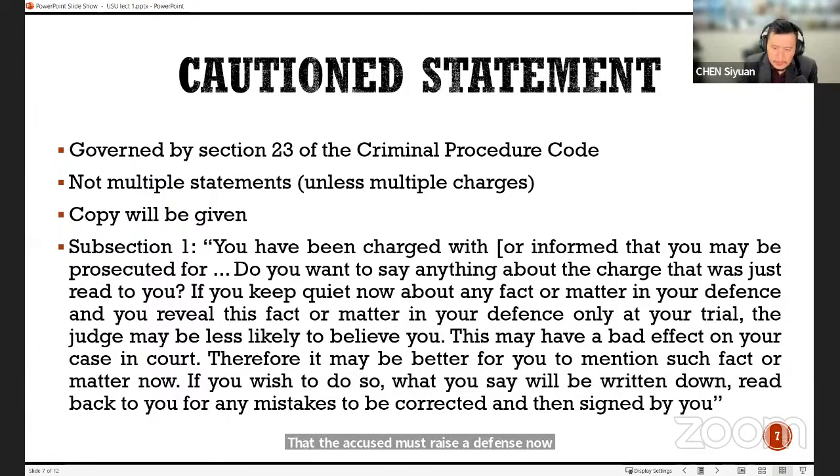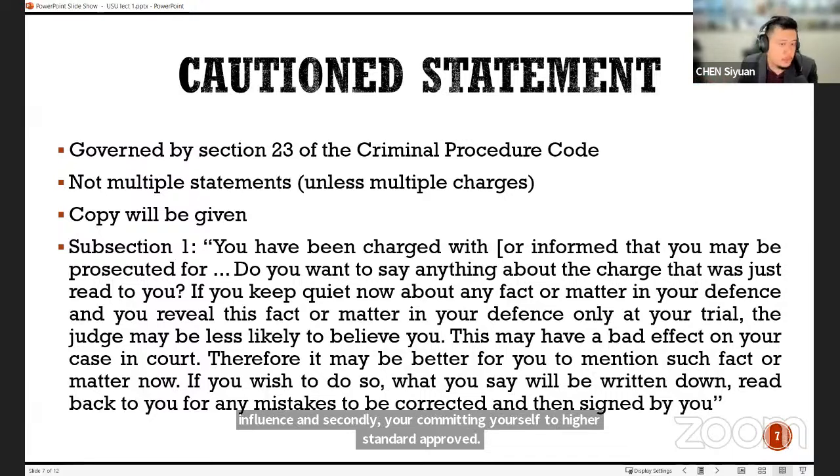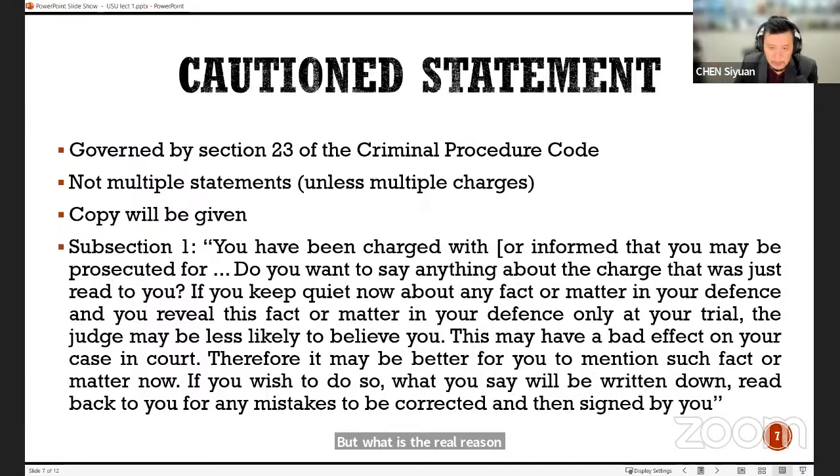So this itself, I think, is not an objectionable idea, right? Because when you have a prosecution, you're using resources of the state to conduct it. Who is the prosecutor paid by? In Singapore, at least, he's paid for by the public, right? Taxpayer money. The accused, of course, will have to find their own means to pay for their lawyer, but you're using court resources to prosecute. And so if there's anything that could really save everyone time, just say it. So that's the logical perspective.